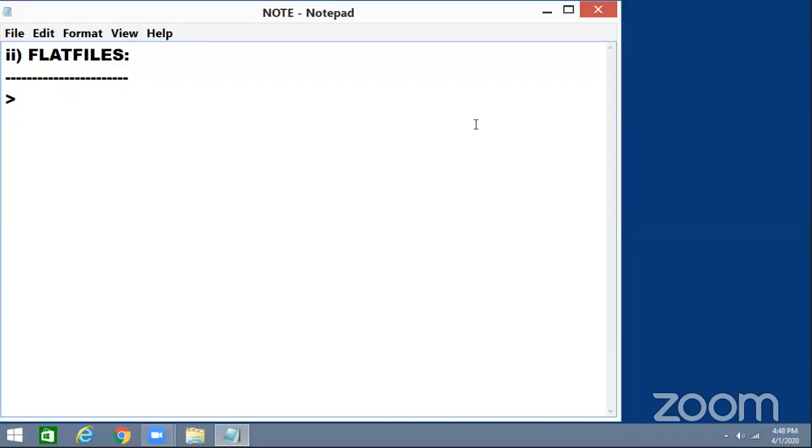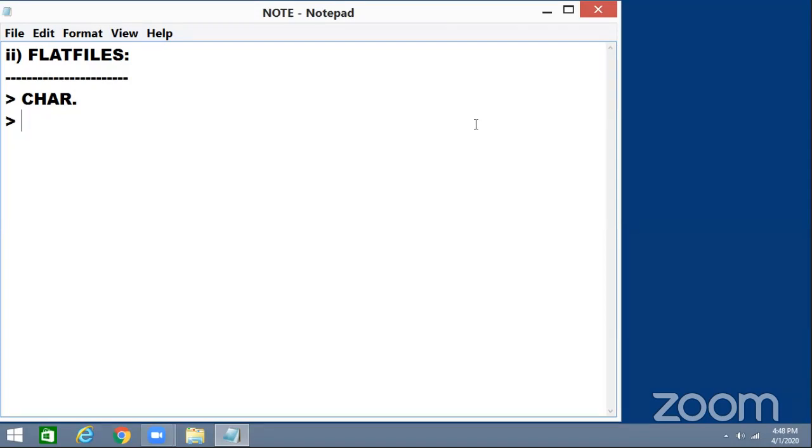Otherwise we can say COBOL, the previous language, which is also used for storing data in flat files. Whatever data is stored here will be stored in character format. Flat files have more drawbacks than advantages. The best example, as I said, is text files.